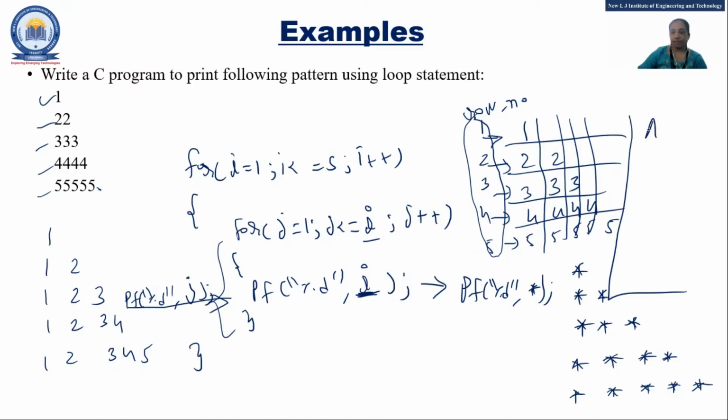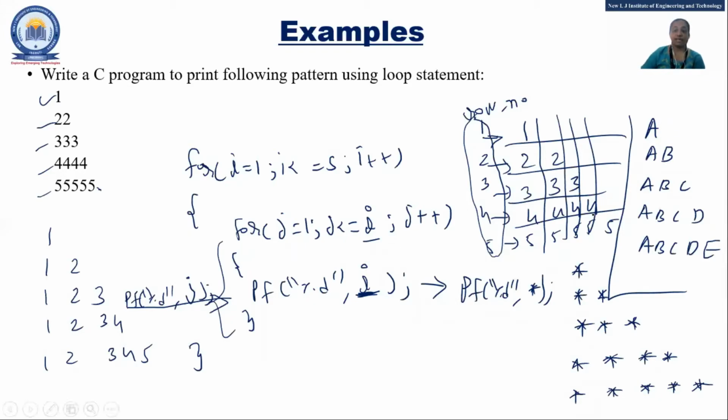Okay, that we will implement directly in program. A, AB, ABC, ABCD, and ABCDE. Okay, just think about this. In this way also you may be asked. Capital A, small a, anything can be asked. Fine.